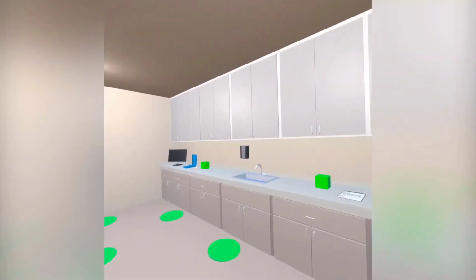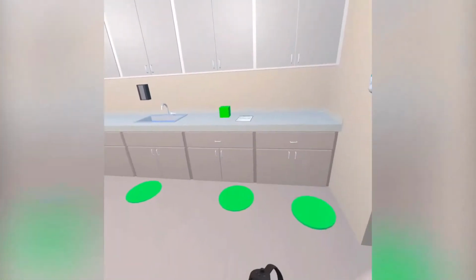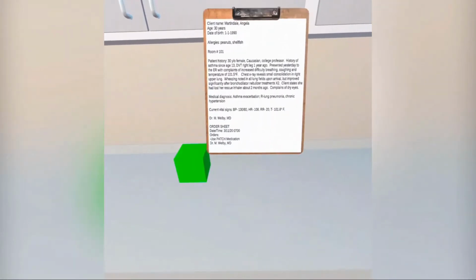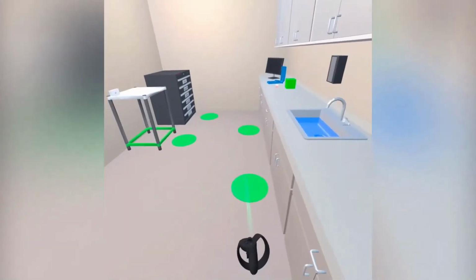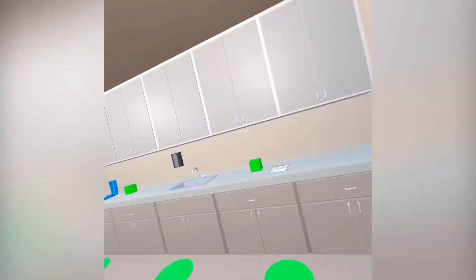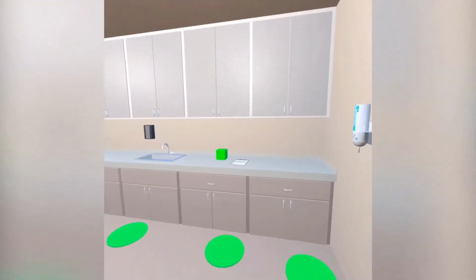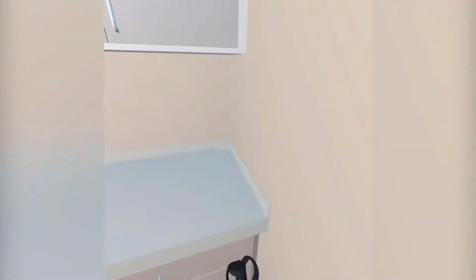The player will start out in the med room. They will use the green circles on the floor to teleport across the room. First, the player must check the patient's med chart. From there, they will see the medication they need to give and the correct dosage. Next, the player will need to sanitize their hands. They can do this one of two ways. They can either use the hand sanitizer located on the wall, or they can dip their hands into the water